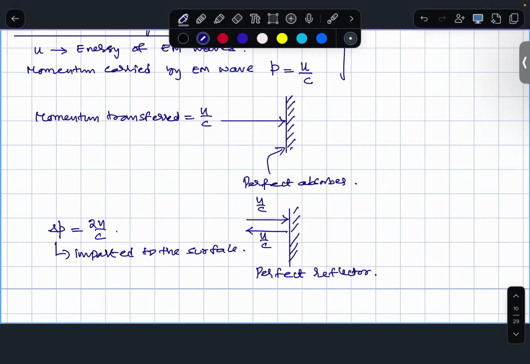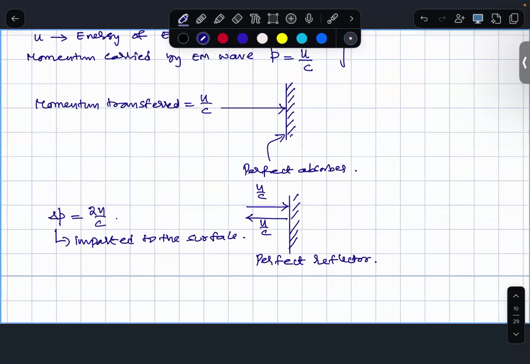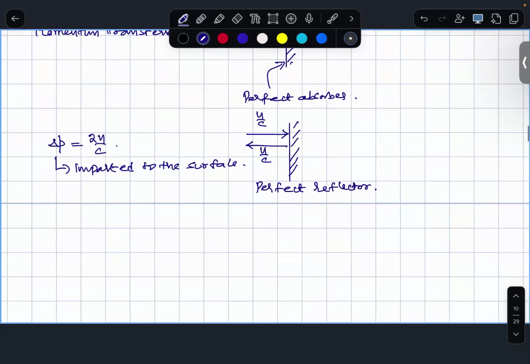Now, since you are convinced that they carry momentum, they can exert force also. So the next topic that I would like to take up at this point is radiation pressure. Radiation pressure. Since you are convinced that it carries momentum,